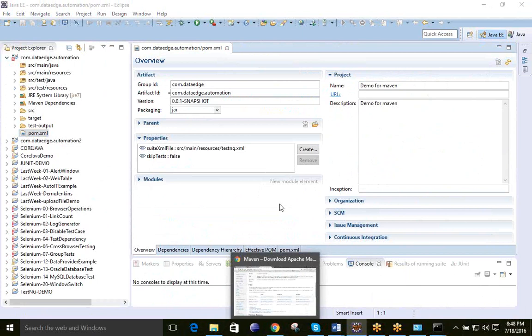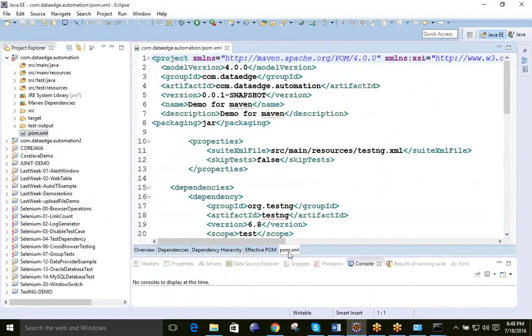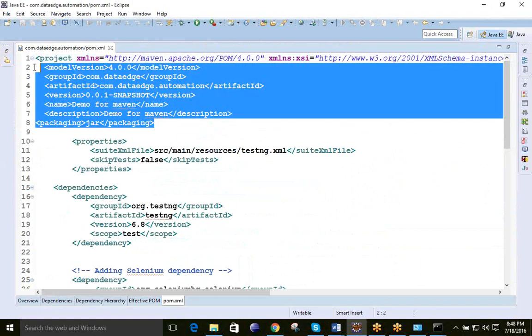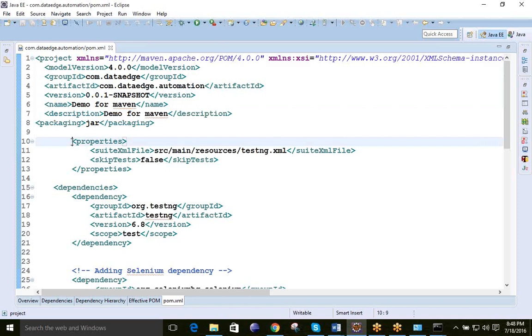It will have all the software information, like whatever Java version you are using and whatever TestNG you are using. You need to specify that information over here. How can we specify it? See over here, maximize this one. This was coming by default, so leave it as it is, no need to worry. And here you need to add this first property.